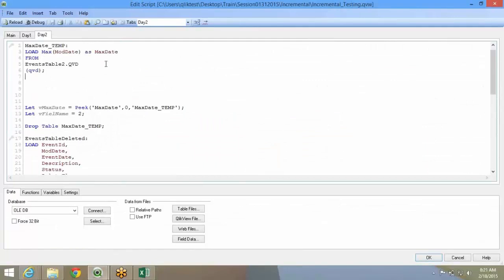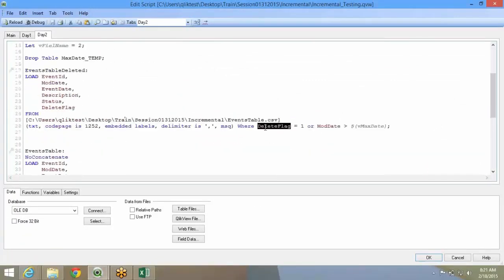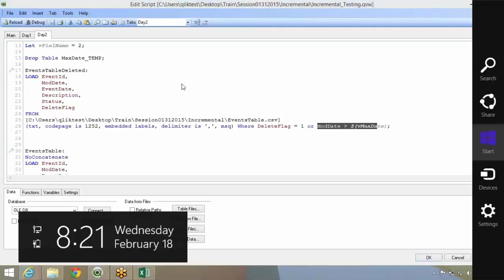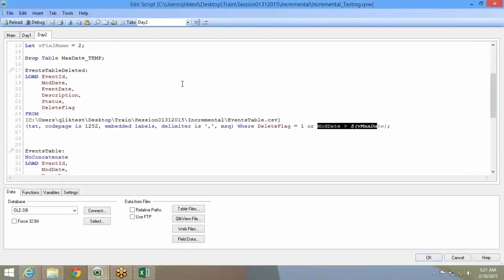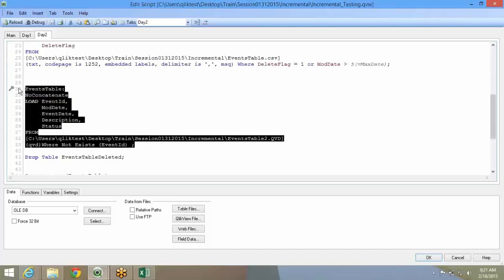So that's what it does. I find out the modified date. First thing I do is load all the deleted records. That is 5 records. The mod date is going to load me 2 records. So I get deleted and modified, 7 records.